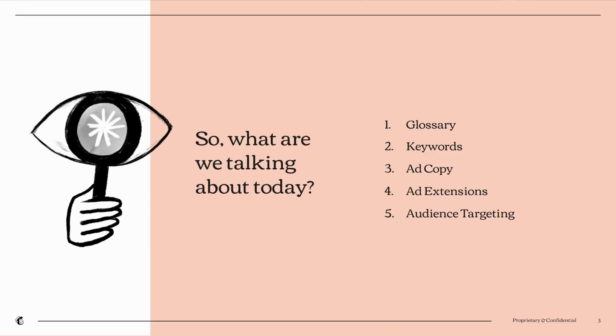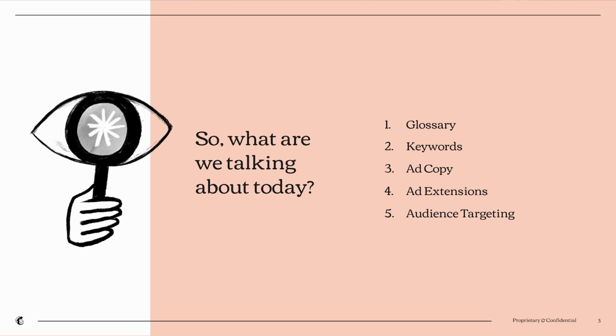So what are we talking about today? First off, I'll go through a few glossary terms. There are certain columns that I like to utilize when I'm auditing our paid search performance, and I want to make sure that you understand what the definitions for those columns are. After that, I will go through some keyword and ad copy recommendations on how you might evaluate that performance. After that, we'll talk about ad extensions, ones that you might be aware of and ones that you might not be. Finally, we'll talk about audience targeting,